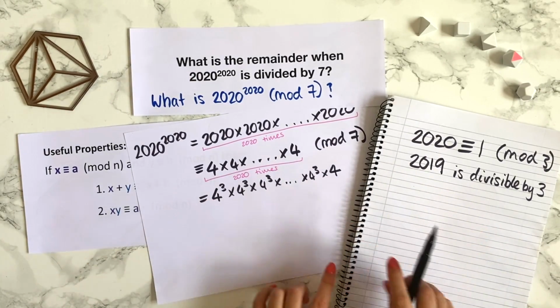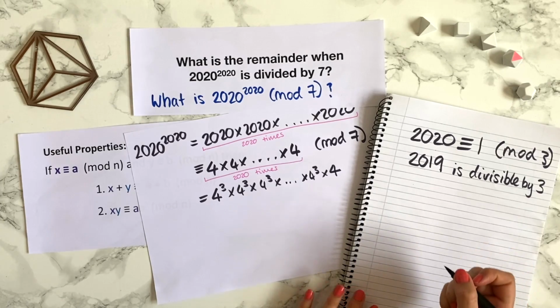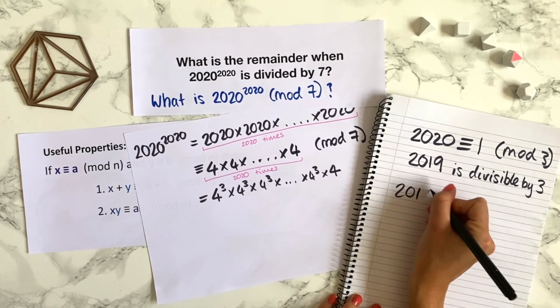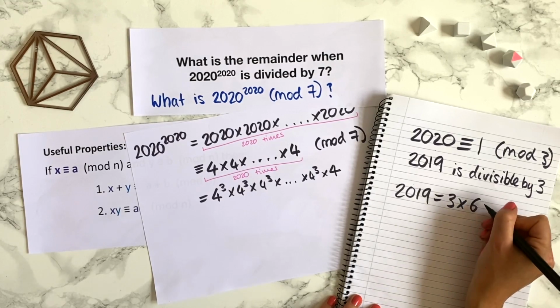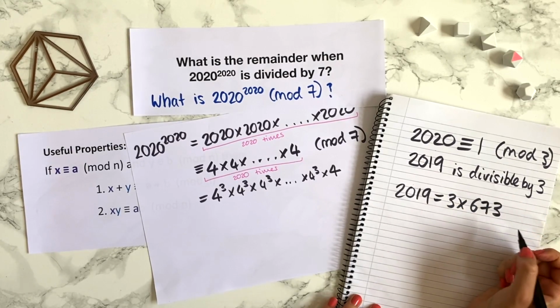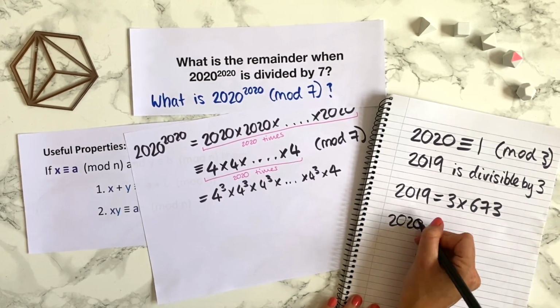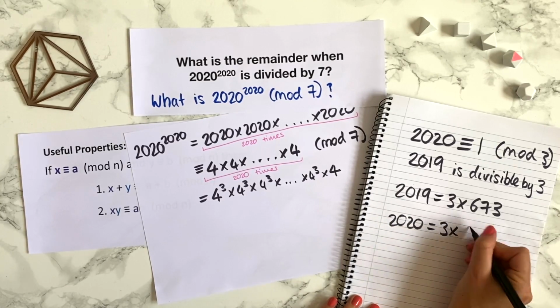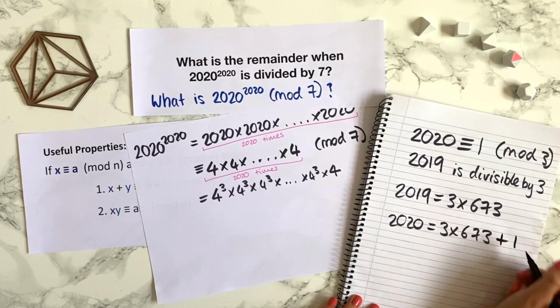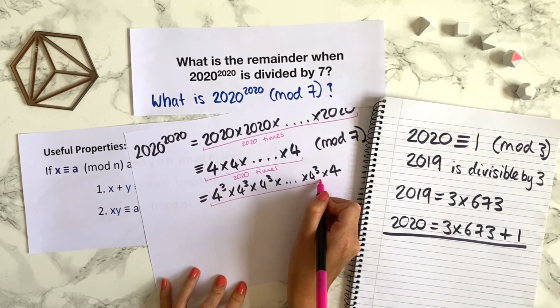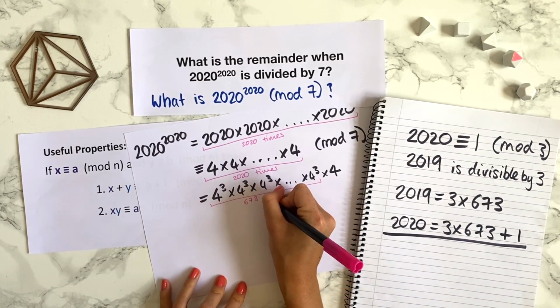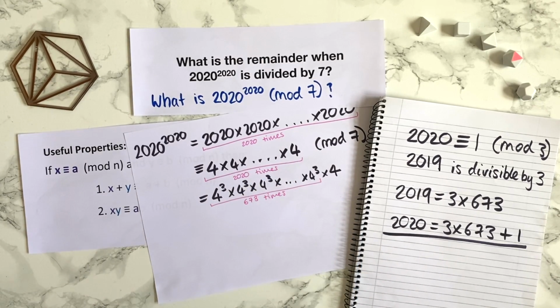More specifically, you can work out that 2019 is 3 times 673. So in fact, 2020 is equal to 3 times 673 plus 1. So this means there are 673 lots of 4 cubes here, and then we multiply those by a single 4